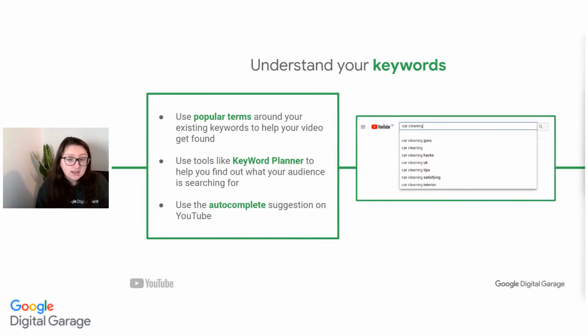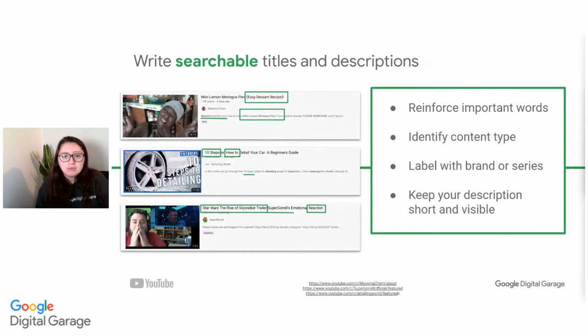And finally, use the YouTube autocomplete. Start asking questions that you have within your niche and see what comes up in that drop down, because these are the things that real people have already searched for. The most common searches in regards to the words that you're typing in that autocomplete part of the YouTube search bar.